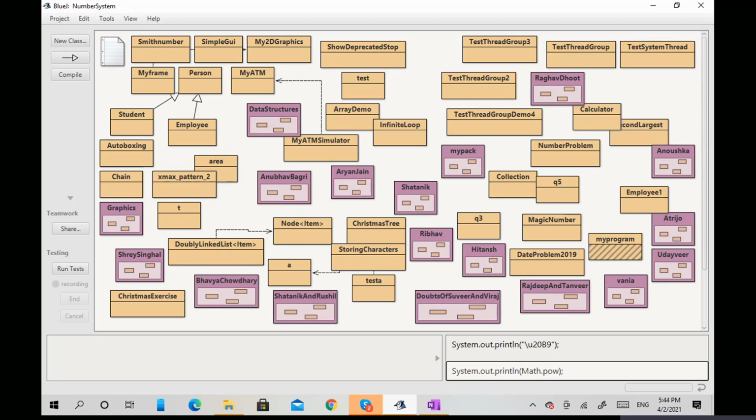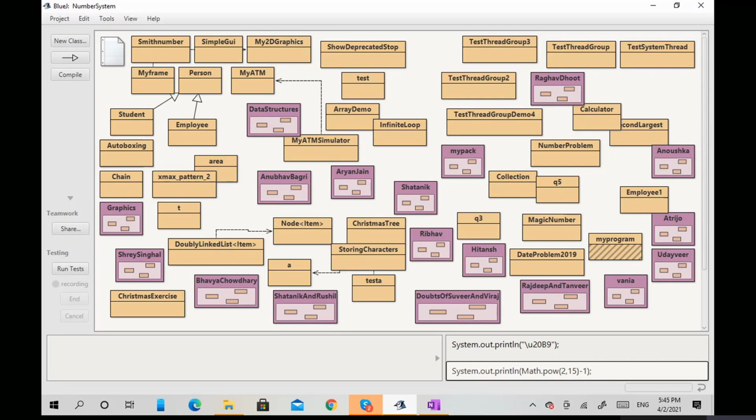Math.pow will find the exponent value. First you write the base value, which is 2, and the power is 15. Okay, 2 to the power of 15, then you close the bracket, and then you put minus 1. If you want, you can put minus 1 because you want to calculate the total value, right?